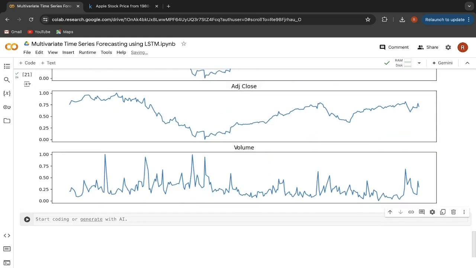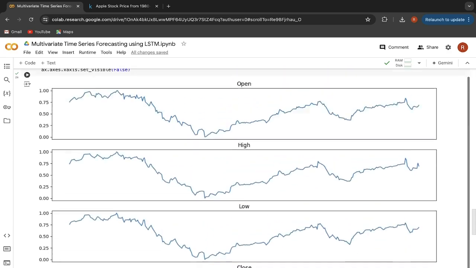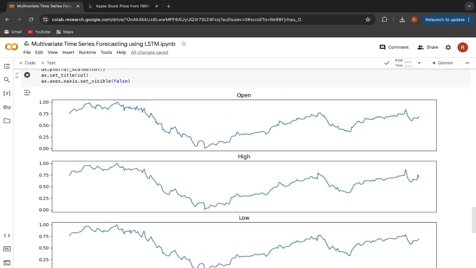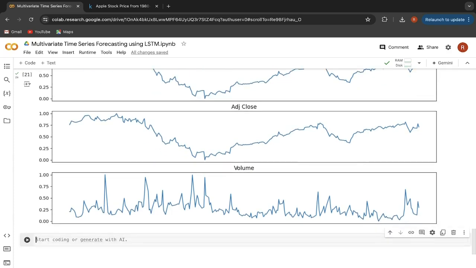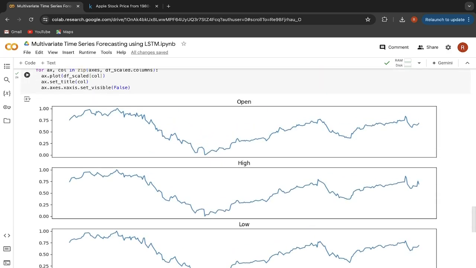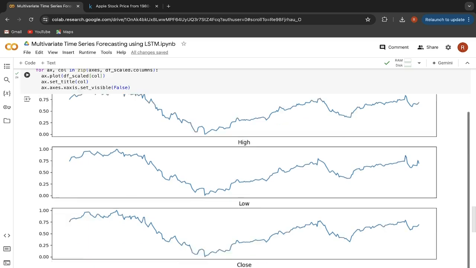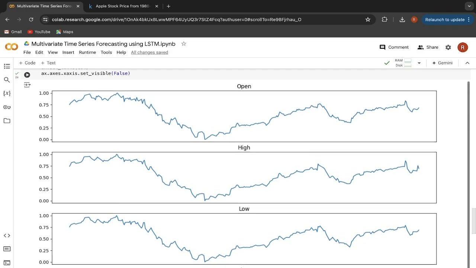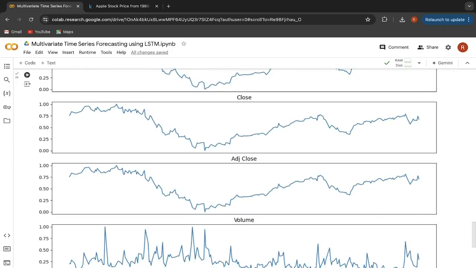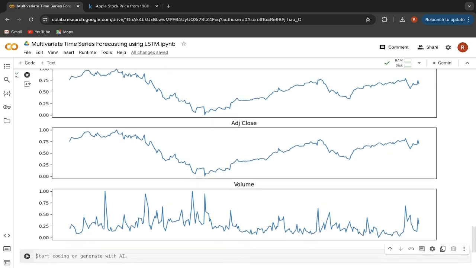So as you can see, it has given us 6 plots, 6 different plots to be specific. We have for open, high, low, close, adjacent close, and volume. So if you take a look at all these plots closely, you can analyze some pattern here. The columns, or we can say the charts for the columns starting from open up till adjacent close are very similar to each other. If you see all these charts for open, high, up till this adjacent close, they look very similar to each other. The patterns, trends that they hold are similar to each other. Whereas for the column volume, it's very different from the other 5 columns. Here we have very different patterns and very different trends.